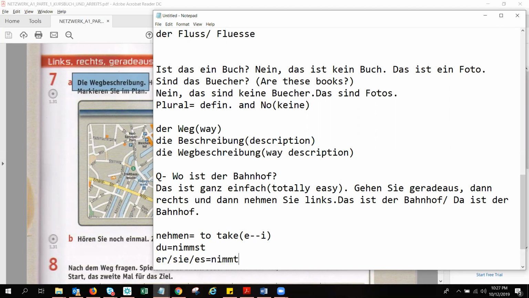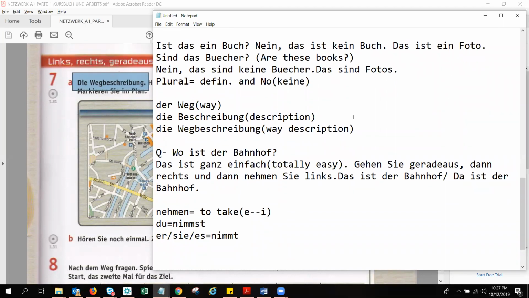No? Okay. So you can see here, nobody asked me, but it's written here, gehen Sie geradeaus. As I told you, if the verb is on the first position, it is a yes-no question. But here we don't have any question. Here we are telling the way, we are describing the way. Then why are we using the verb on the first position? It is because of imperatives. Okay, so on Monday we will continue this topic, imperative.